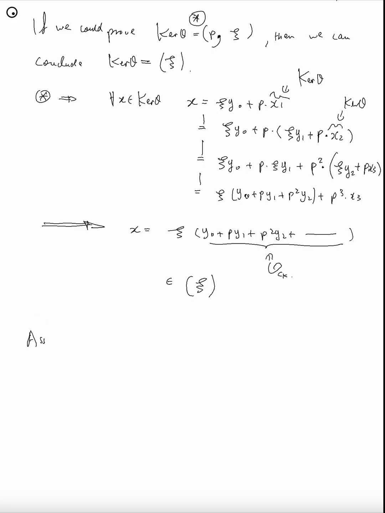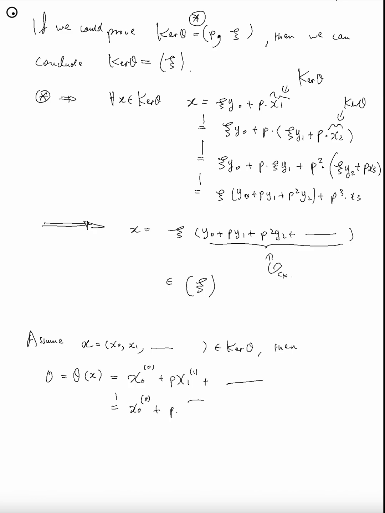Now assume x = (x0, x1, ...) is in the kernel of theta. Then 0 = theta of x, which by the formula for theta equals x0 0 + p x1 1 + etc., which equals